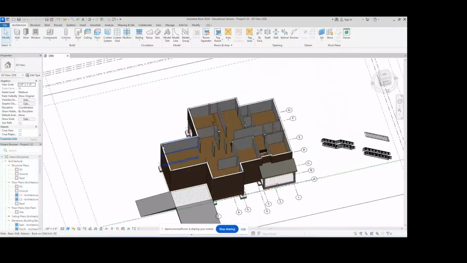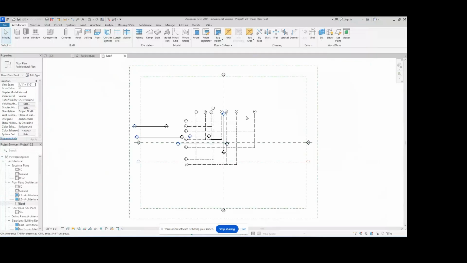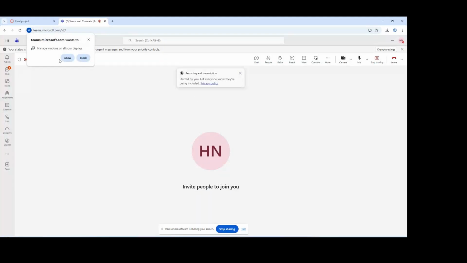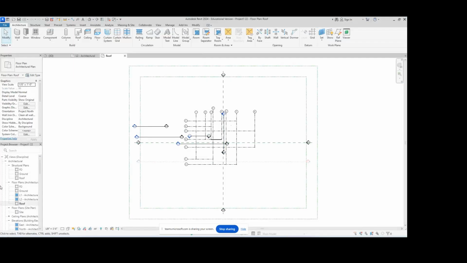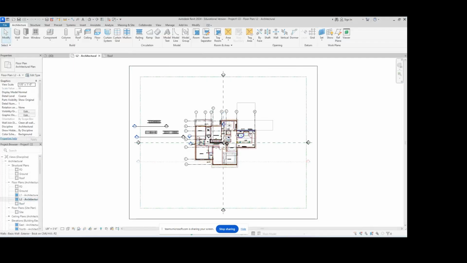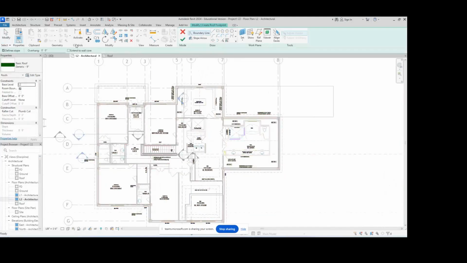So for creating a roof, you need to go to L2. If you go to roof level, you cannot see the walls and plans. Let's see if it is recorded. Yes. So you need to go to L2. And when you go to roof,